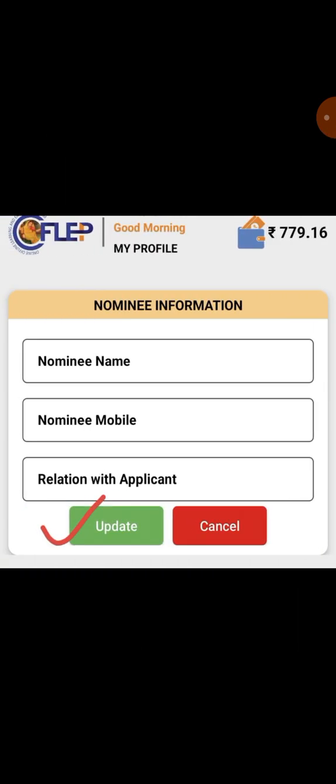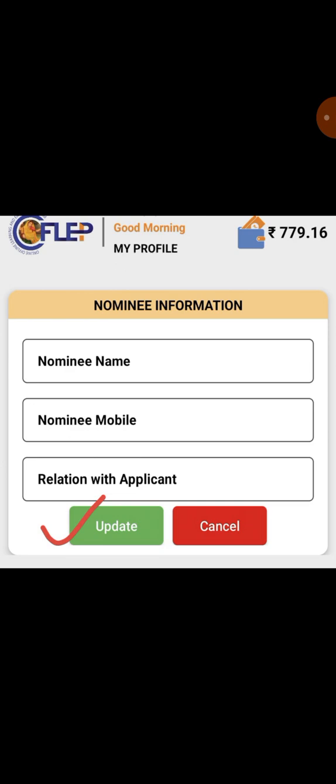Next we will move to the third one in profile, nominee information. Once you click edit there, this preface will come. Write the nominee. Suppose any casualty happens to you and this is your business, who will take over this business? Who will be the owner after you? The nominee whom you have written here, he or she will be the owner. So write the name very carefully.